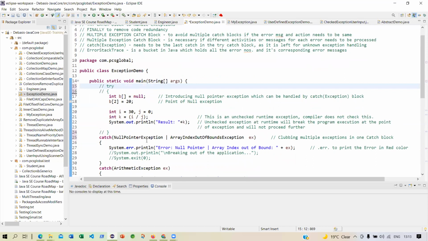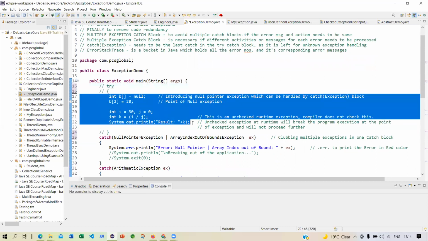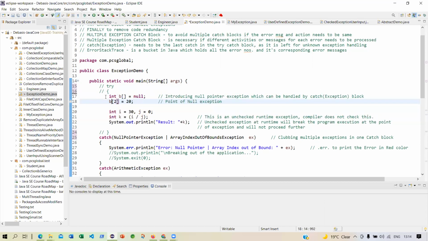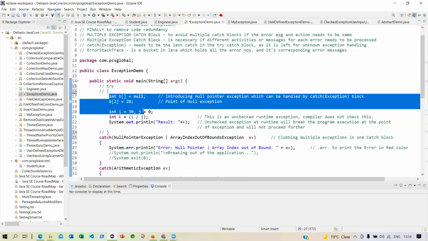I can have this, but till now we have not used any try catch block because we didn't have any concept of try catch. But here, see, normally this is a block of unhandled exception.